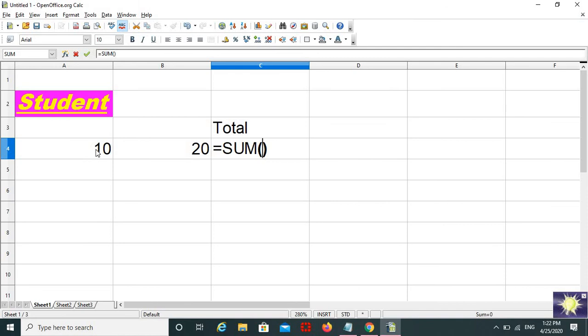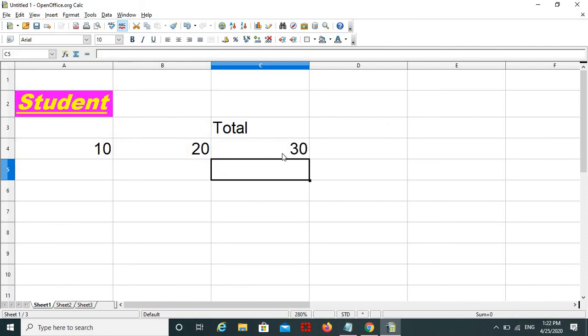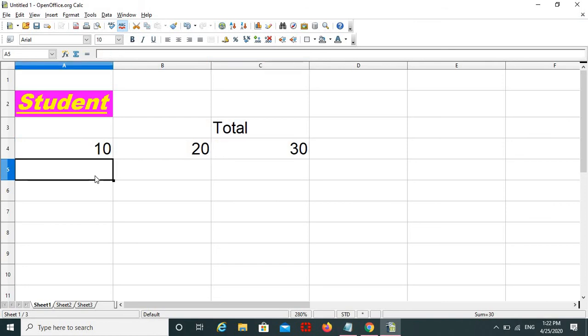Select the first one, then press Ctrl, then select the second one. Then press enter. So see, the count is 30.